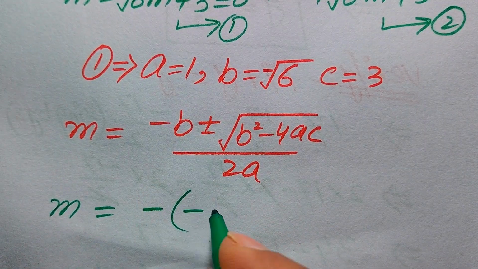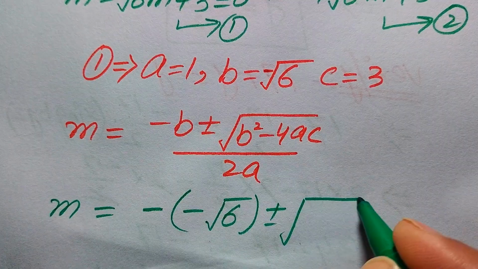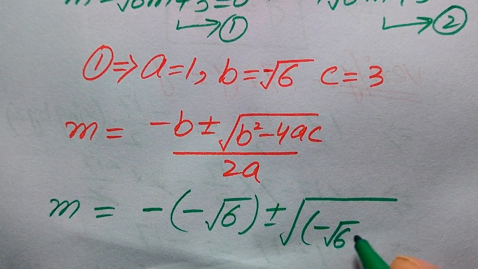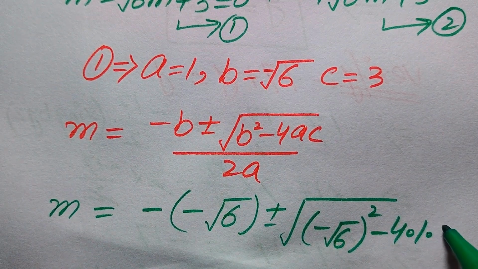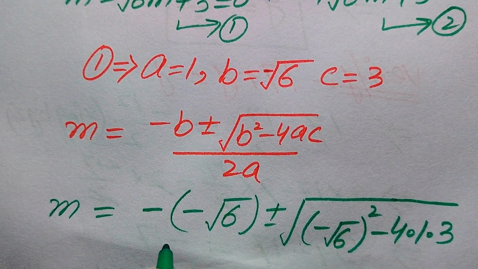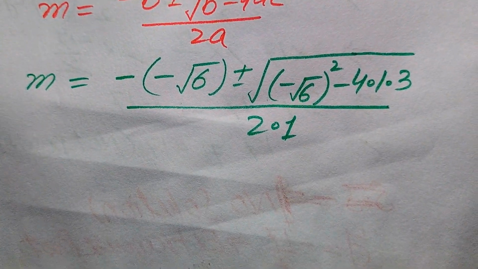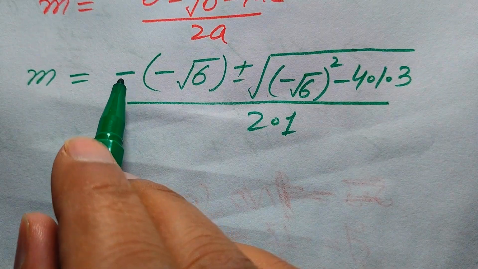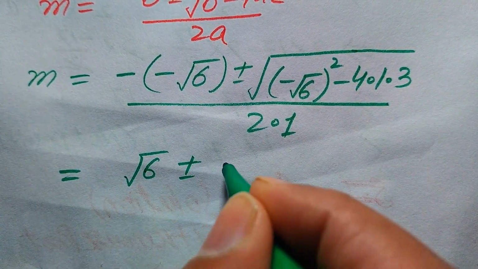The value of b is minus square root of 6, plus minus square root of, this is b square. The value of b is minus square root of 6 and its whole square, minus 4 times a, which is 1, and c is 3, and it is divided by 2 times a, and here our a is equal to 1. And we need more simplifications, and we get minus times minus becomes plus square root of 6 plus minus square root of,